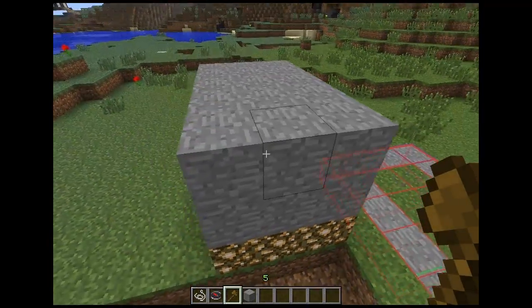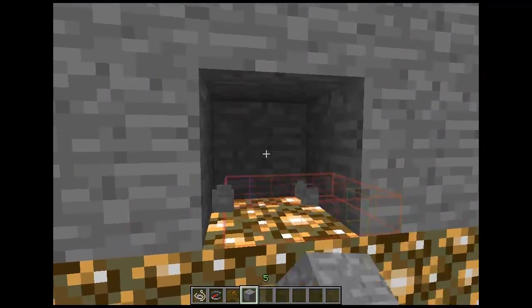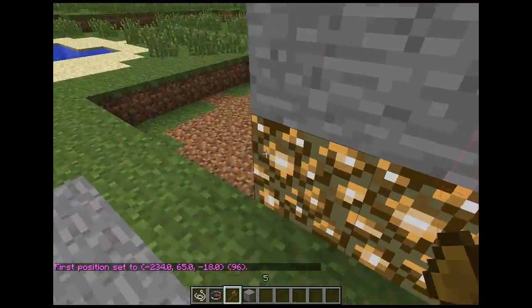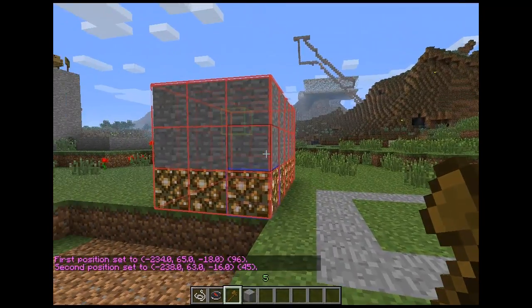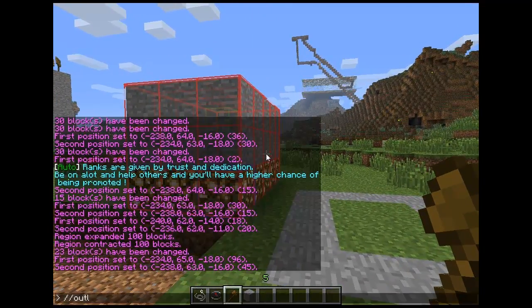Yeah, that should be good. Okay, we got a whole cuboid now, as you can see, and we want to make this so it's hollow inside, like a hallway. You can do //outline